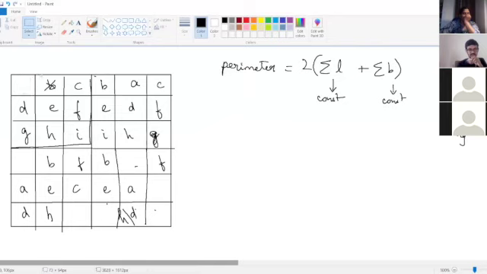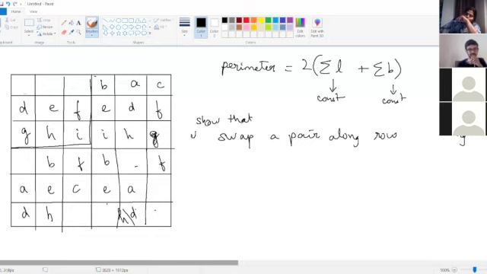That is, if you swap a pair along a row, and similarly if we show that if you swap along a column, symmetrically it is the same.